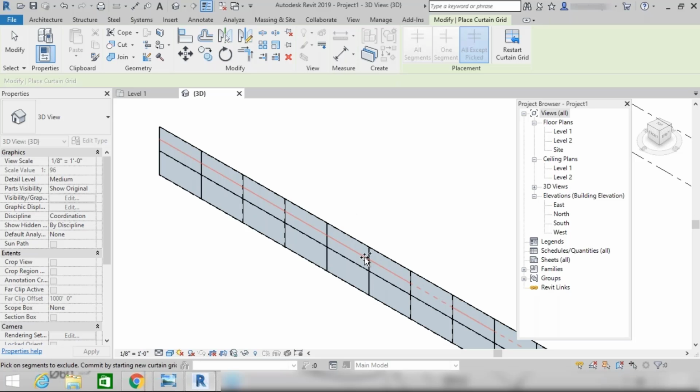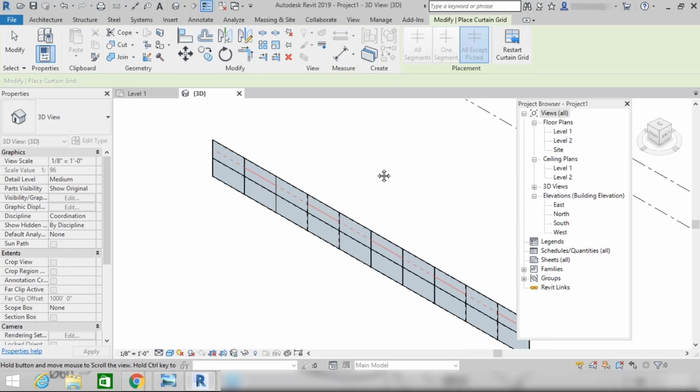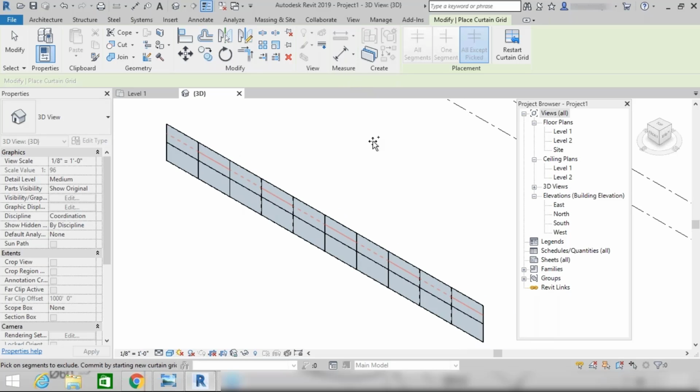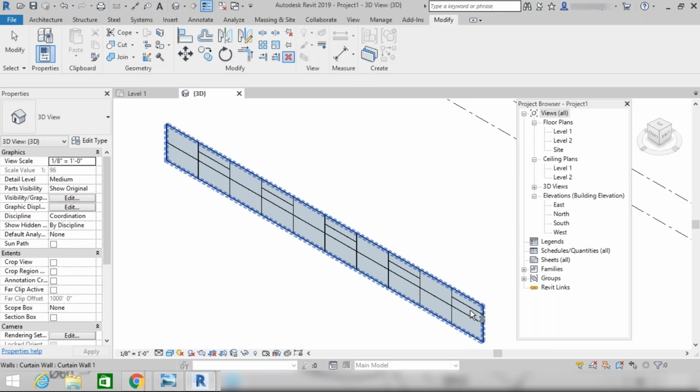So you need to pick these points, this one, this, and the last one. After that, you have to press enter. It will apply the curtain grids at the alternate points.